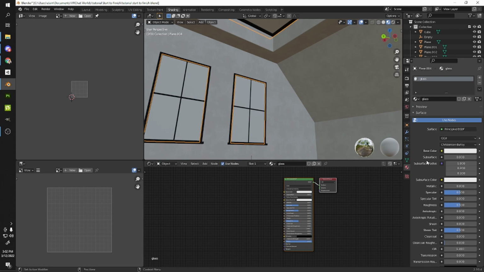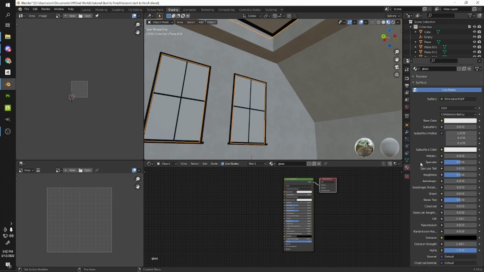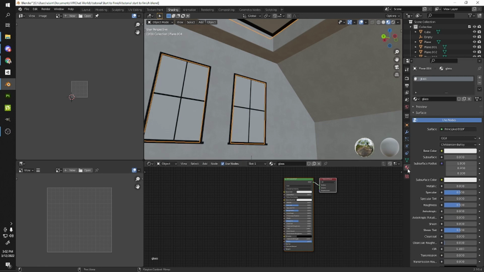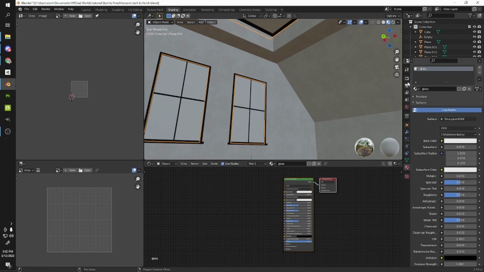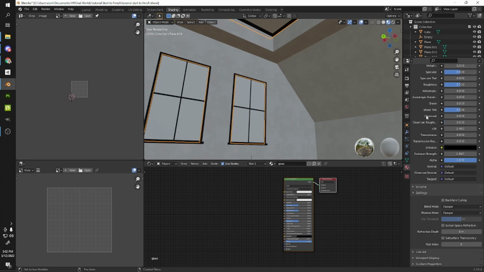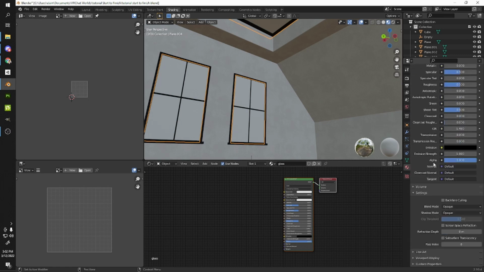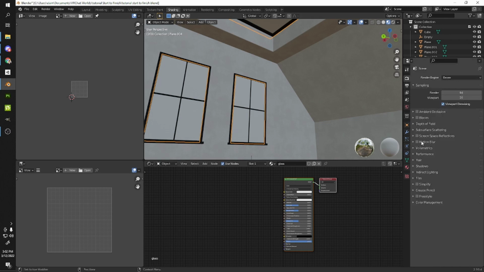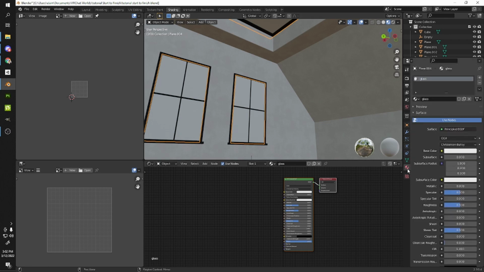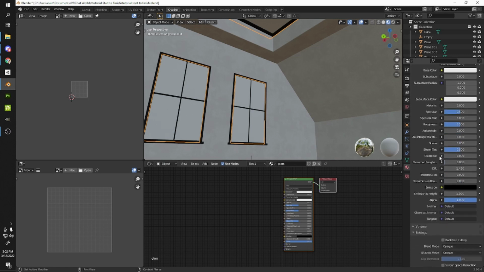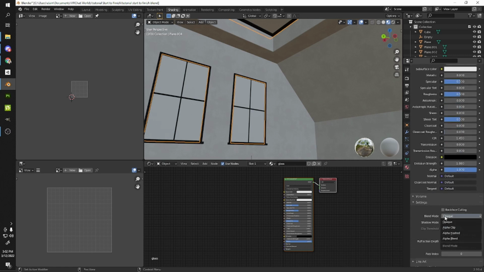Now I need Blender to know that you're going to be able to see through this mesh. So in the material properties, I need to scroll down. And if your options look different, it's because your render engine is different. So if you go to the camera and make sure you're in the Eevee render engine, this should look the same. So if you can't find the options I'm talking about, double check that you are in the Eevee render engine. So go to the material properties, go all the way down to blend mode, and we're going to change